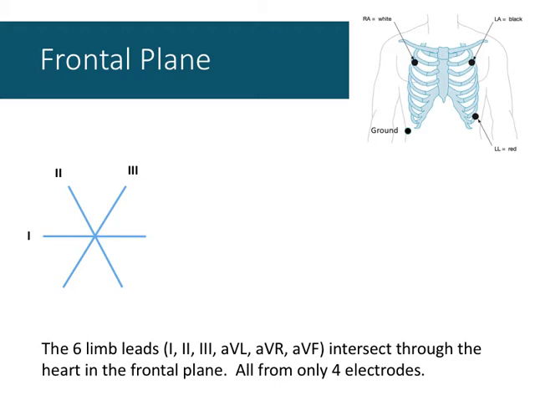So I've got my electrodes set up here on the top right of the screen. You can see I've added the ground electrode in at the bottom right. It's out of the way. It's not included in the signals being generated. And I'm just taking leads 1, 2, and 3 that we introduced 2 slides ago, the blue lines, I'm going to add them to the orange vectors we just created and create this